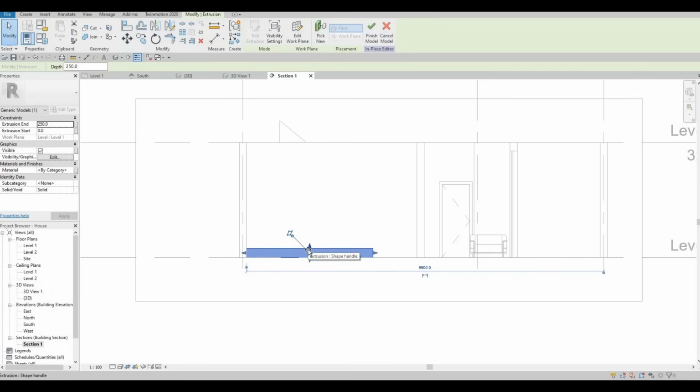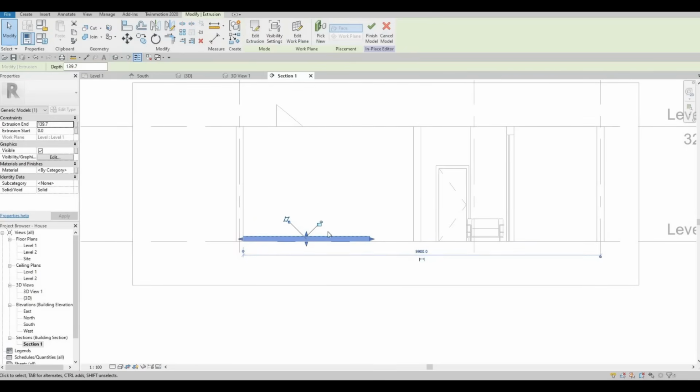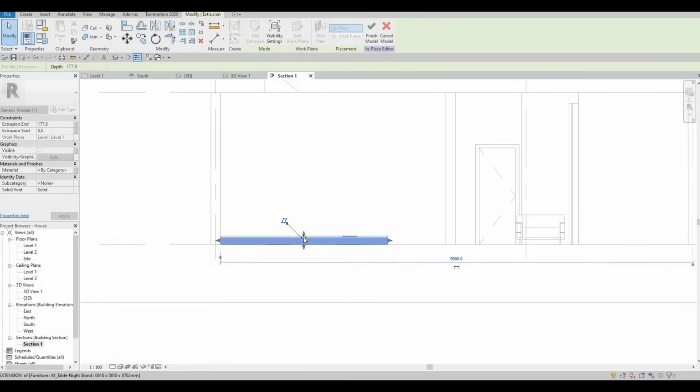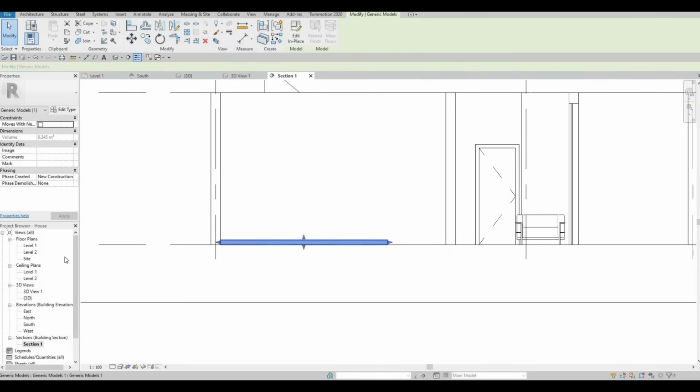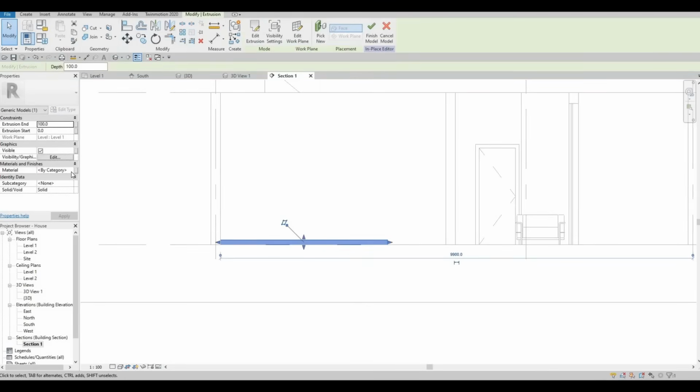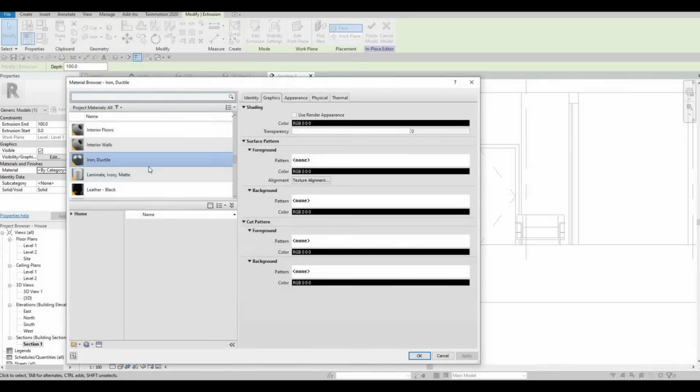And then here you could estimate the height of the cabinet. So here I'm just gonna put it around, I could click here, 100. So just 100 and then click finish. Click it again, Edit type. I forgot to set materials. So here I'm just gonna click on laminate ivory